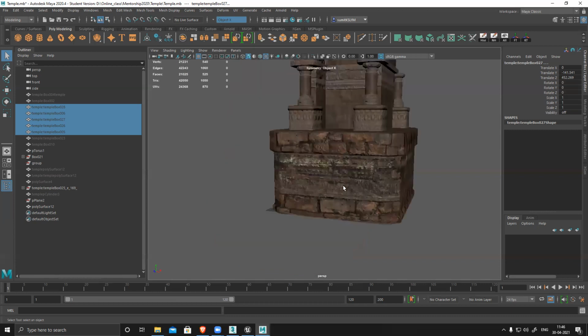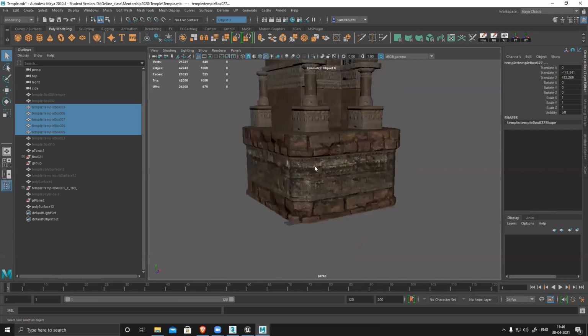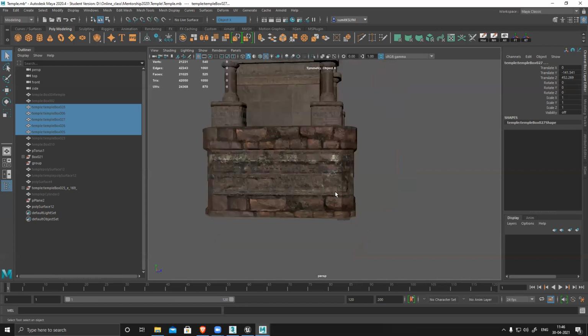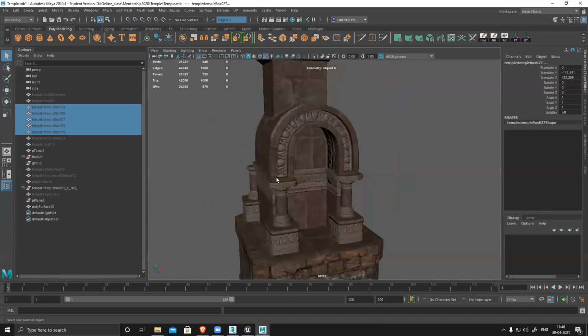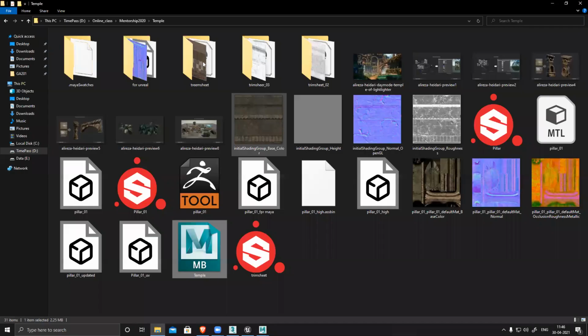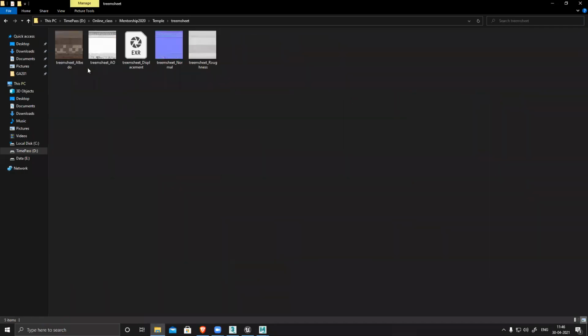This is not right, initially I was doing something. You can see all the separations are there. If I show you the texture for this, it's a flat plane texture.